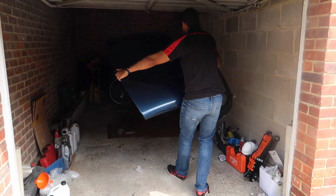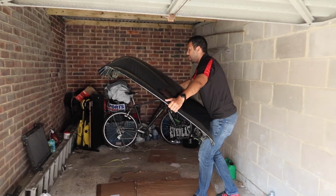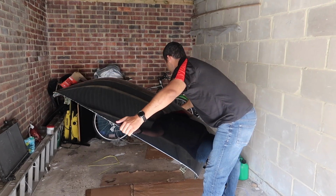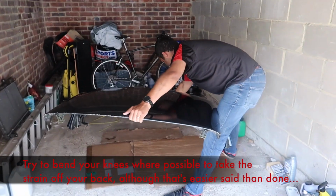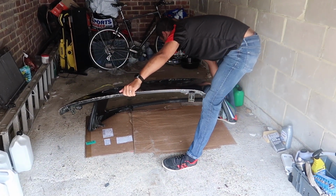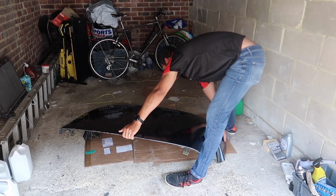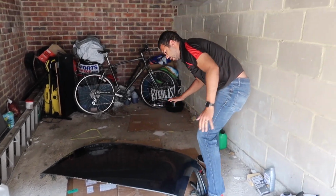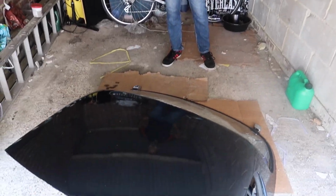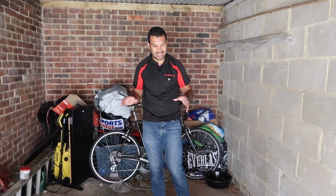Yes, my garage is a bit of a mess, I do need to sort it out. Now, I'd argue the hardest bit of this process is putting the hardtop down, because it's a bit tricky. So slowly. Right, that's one side down. Just scoot it over just a tad, so I don't put this side down on the concrete. And there we go. That is the hardtop removed, which I'd argue is easier than putting it back on,